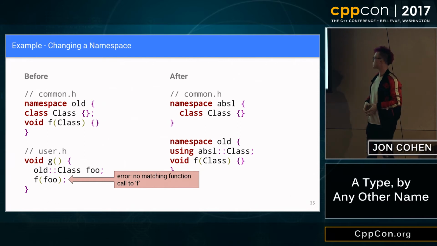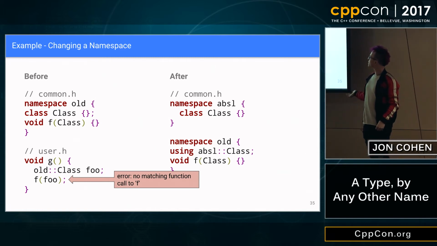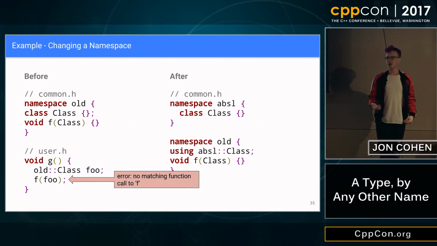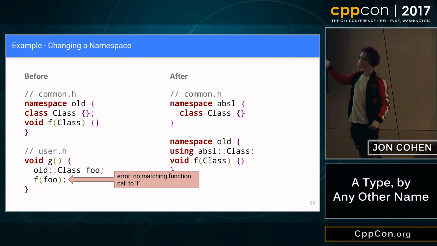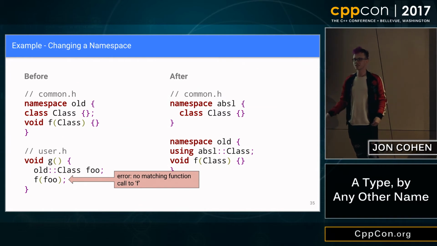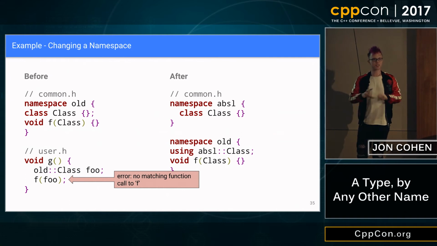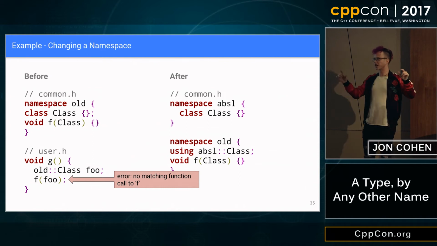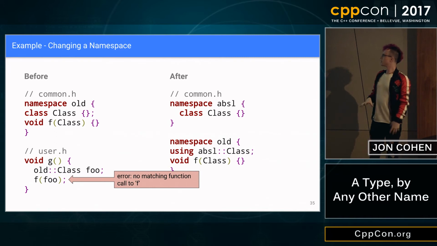Here's where our logic is bundled. But by using ADL, they've created a coupling between the name that they're supposed to use for the type and where the type actually lives. It's completely reasonable, for example, for a class to be an alias into an internal implementation type. That's completely reasonable. If you look at, I believe, StrSplit does this in absale, where it does this magic splitting. It'll split a string into any container you want, and it returns an internal type that you're not supposed to name that does all these magic conversions for you.